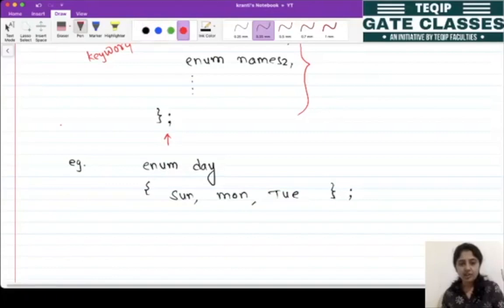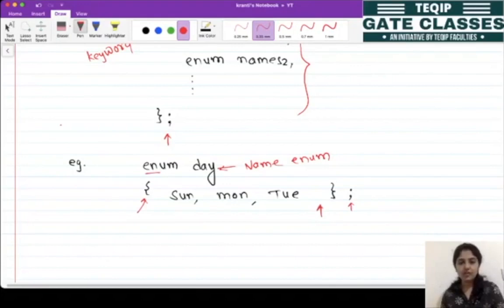This is our data type, this is the name of our enum, and these are the enum names, or we can say the values of this data type. We have written these values inside the curly brackets, and we have mentioned the semicolon where the curly bracket closes.